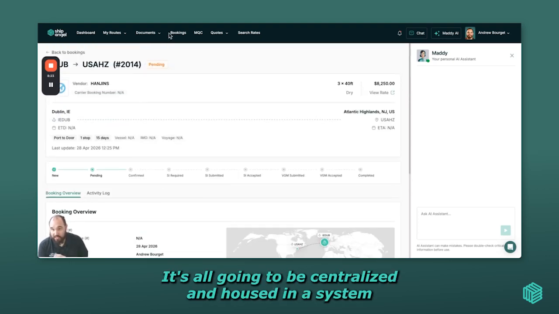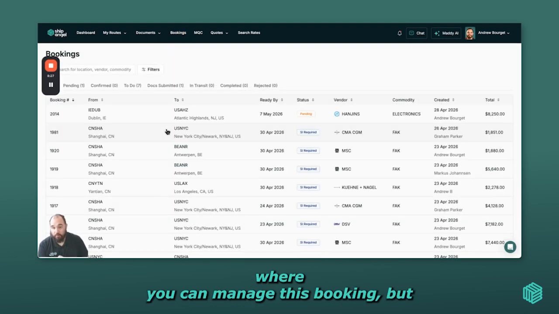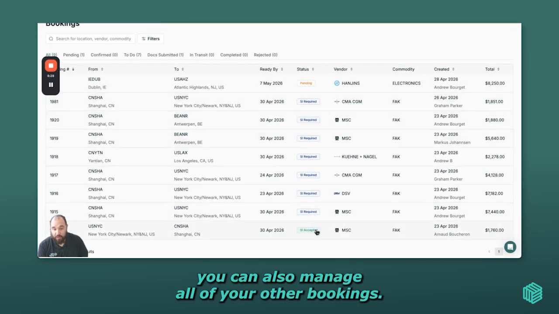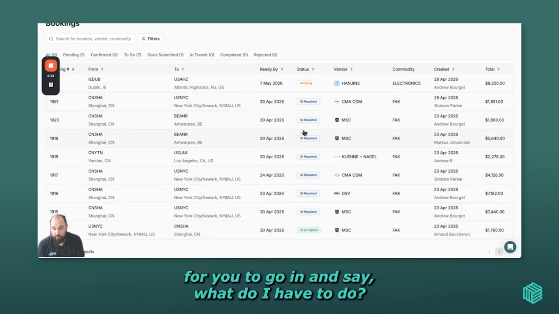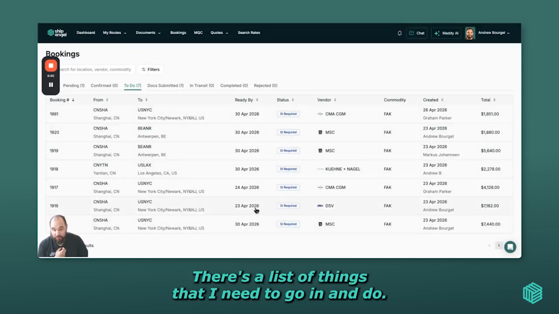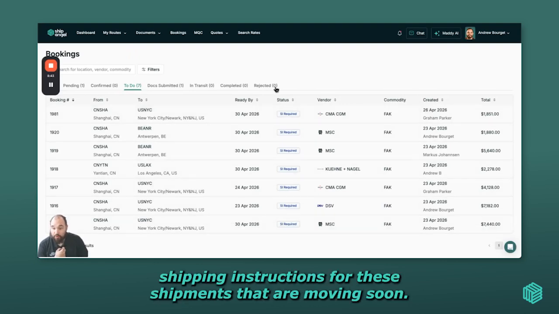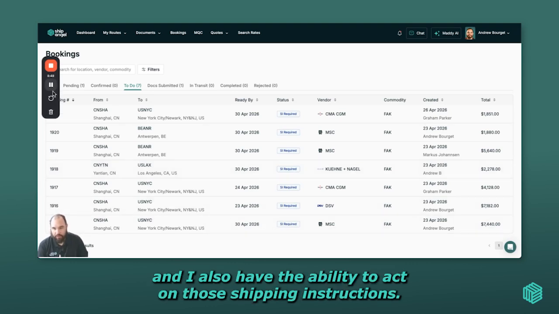It's all going to be centralized and housed in a system where you can manage this booking, but you can also manage all of your other bookings. All of your shipments are listed here in different stages for you to go in and see, what do I have to do? Today's the 28th of April. There's a list of things that I need to go in and do. I need to submit shipping instructions for these shipments that are moving soon. I have the ability to see that I need to do something, and I also have the ability to act